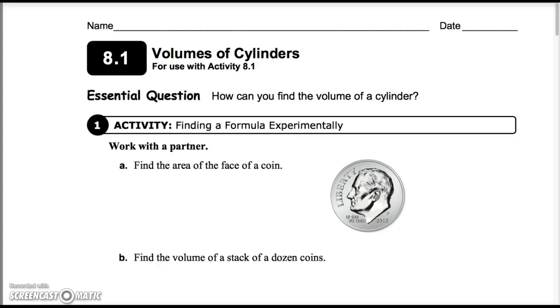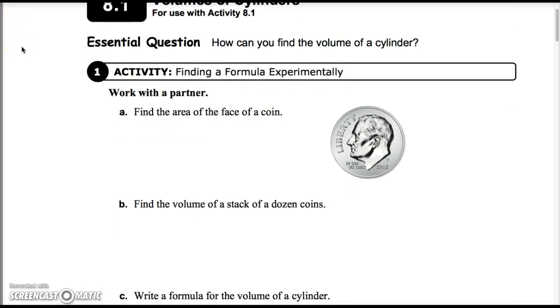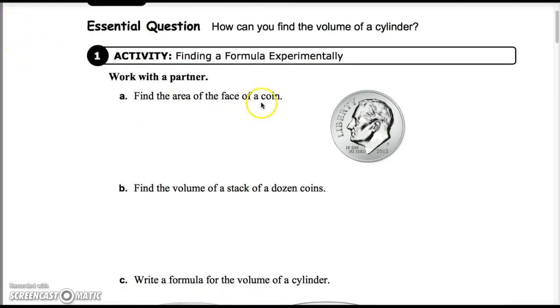Okay, so as we jump into chapter 8, we're going to be looking at volume. And so the first section, we're going to be looking at volume of cylinders. So starting out with activity 1, first thing it says on part A is to find the area of the